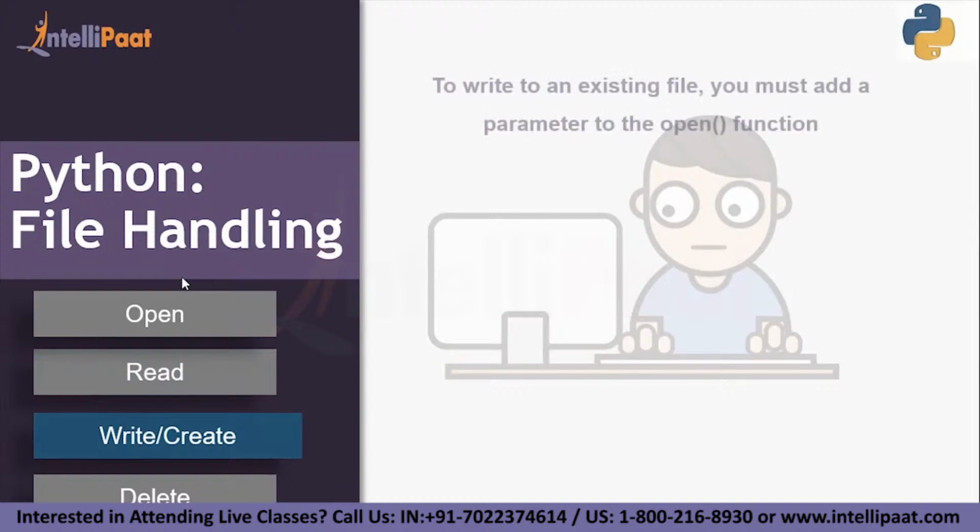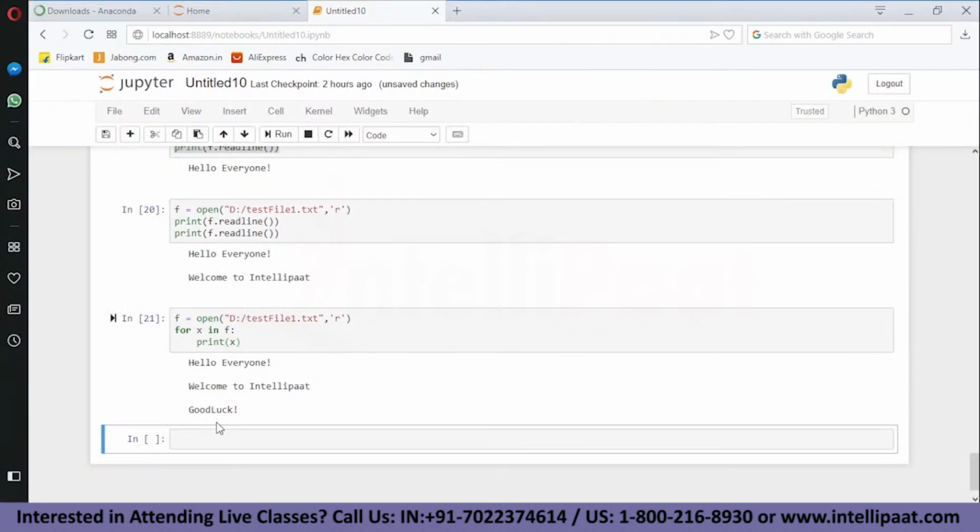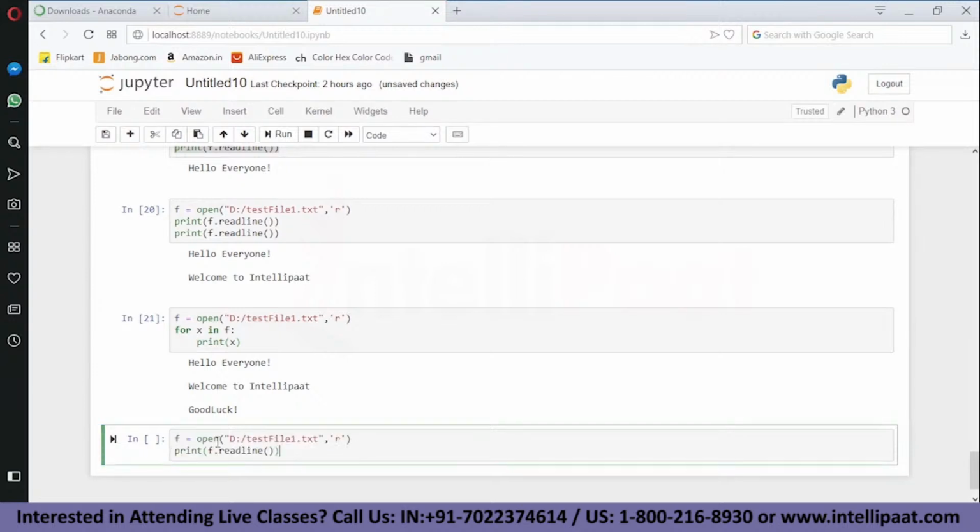Next is reading and creating. Now to write to an existing file, you must add a parameter to the open function. Like you can write a or w. A will append the file, that it will append or add something at the end of the file, and w, it will overwrite any other existing content. For example, let's copy paste it up here. Instead of r, let's mention a, it's for appending,